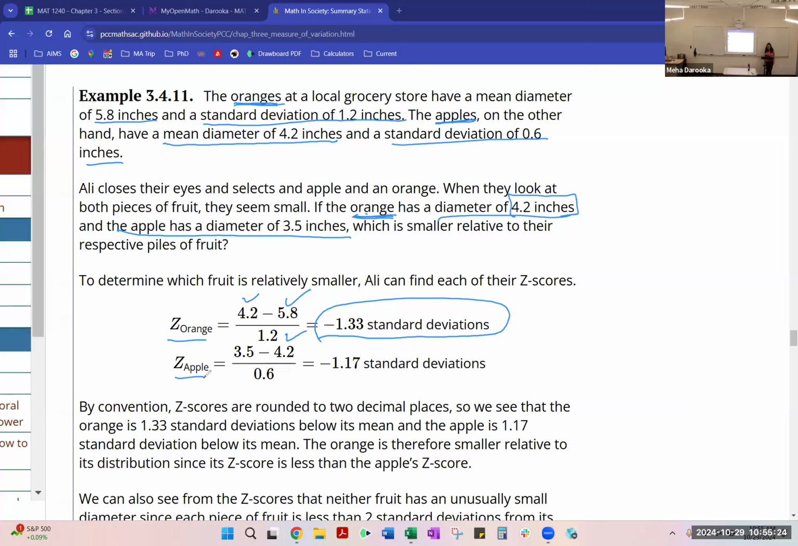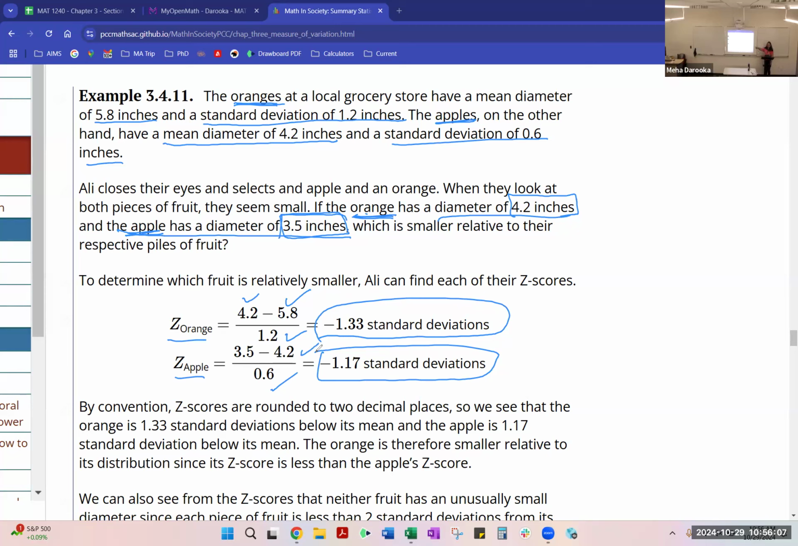When we do the calculation for the apple, the diameter for the fruit that Ali picked up was 3.5 inches. So that's 3.5 minus its mean and divided by the standard deviation. So you can see this one is coming out to be negative 1.17. So both fruits, because you have a negative z-score, are smaller than the mean, than the average. But when you compare the two, you will see that the apple has a smaller standard deviation value than the orange, right? So by this sense, we would say